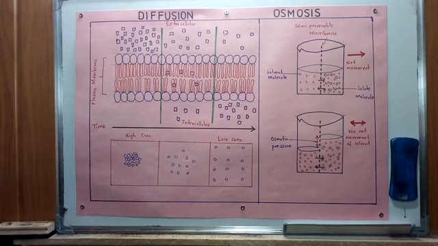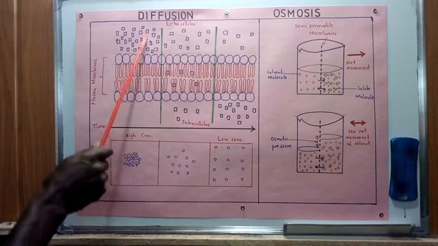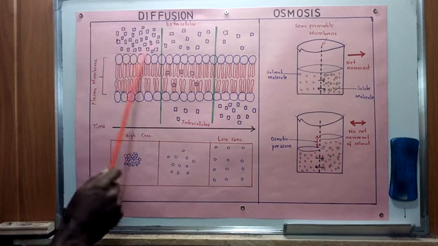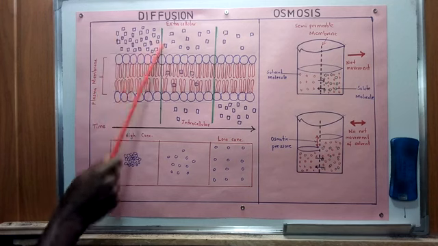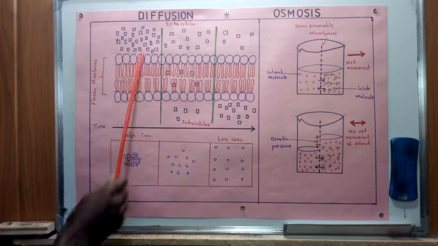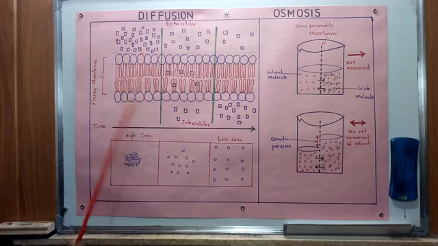And this in between is a cell membrane, which we are going to see how it behaves when it is trying to facilitate movement of particles from this region to this inner part of the cell or otherwise. So in this case, as we said, diffusion entails the movement of particles from a region of high concentration to a region of low concentration. Concentration in this case refers to a region whereby the particles are many in number as compared to another part. Of course, in this case, we are giving a reference using this particular section of our cell membrane. For instance, I've divided